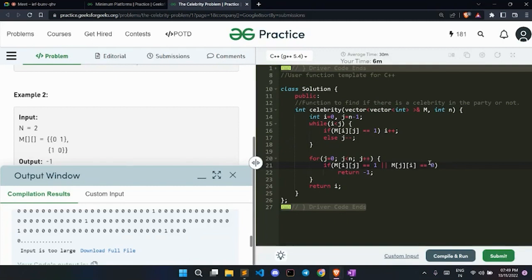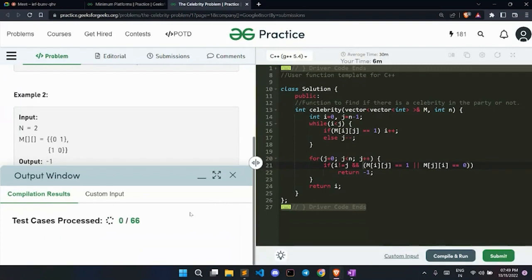Okay. So we should only take this when I is not equal to j. With I not equal to j, this condition should be true. Now if we submit,